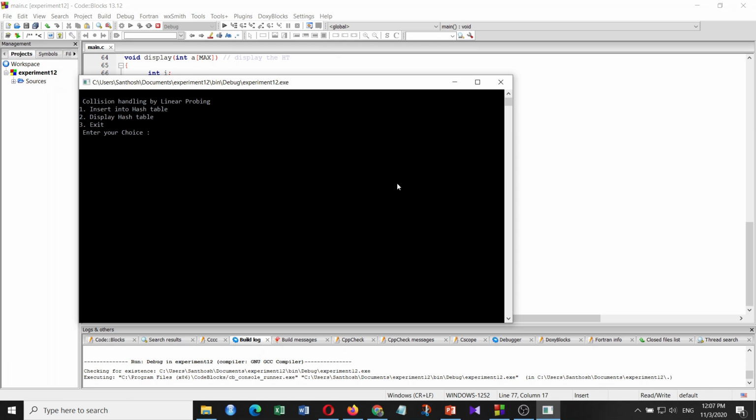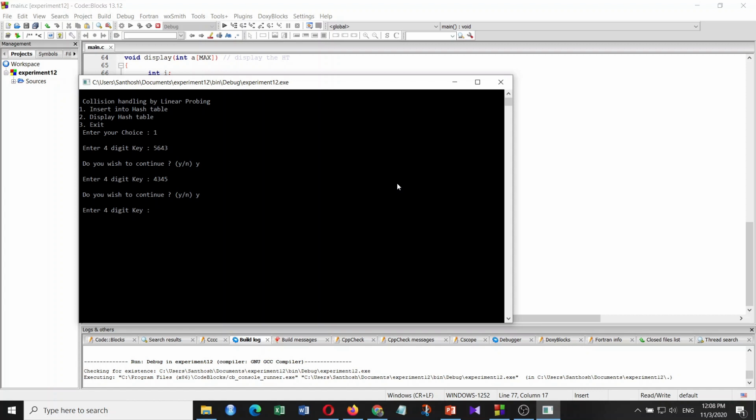Next, we will see the output for the same values I discussed in the presentation. The first choice I'll take is insertion into the hash table, where it's going to call the linear probe function. It's asking for a 4-digit key. I'll take the same values, 5643. I'm starting with the initial version, so there should not be a collision. Yes, there is no collision, that's why it is asking, do you wish to continue? I'll insert all 10 values. Yes, I wish to continue. Next, 4345, where again that location is free, there is no collision.